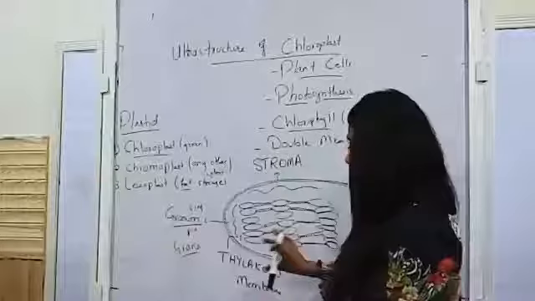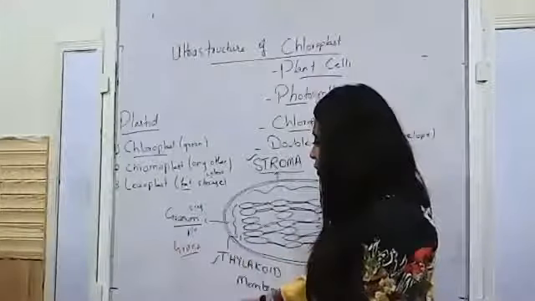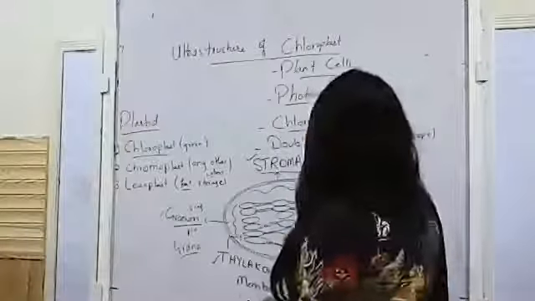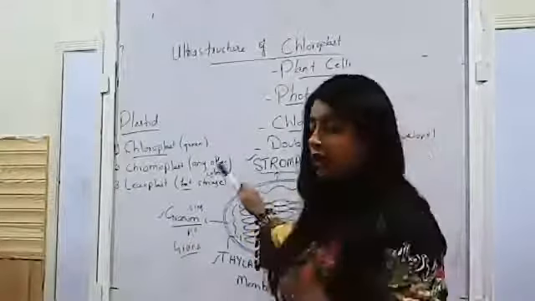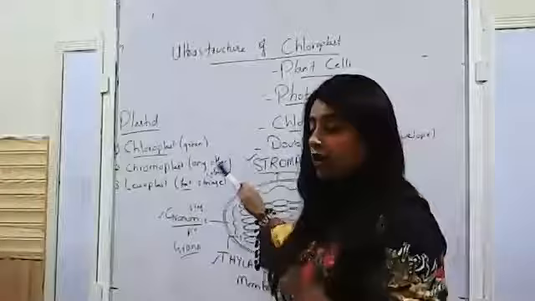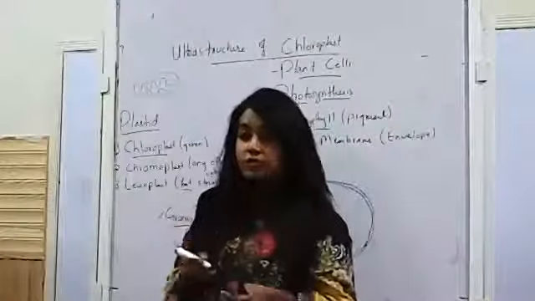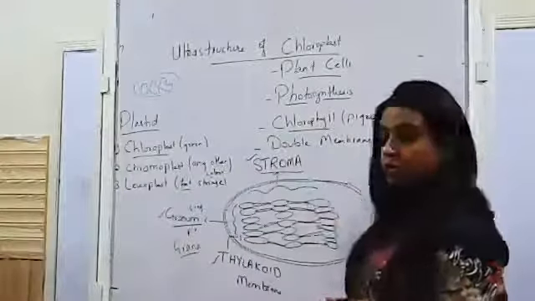So you've learned three new words, right? Stroma, thylakoid membranes, and grana or granum. I'm quickly repeating this. Chloroplast is the organelle. Just like a mitochondria, it has two membranes, hence we say it has an envelope. But unlike mitochondria, both the membranes are smooth. In the case of mitochondria, the outer membrane was smooth, whereas the inner membrane was folded, forming cristae. In this case, that does not happen. Both the membranes are smooth, right?